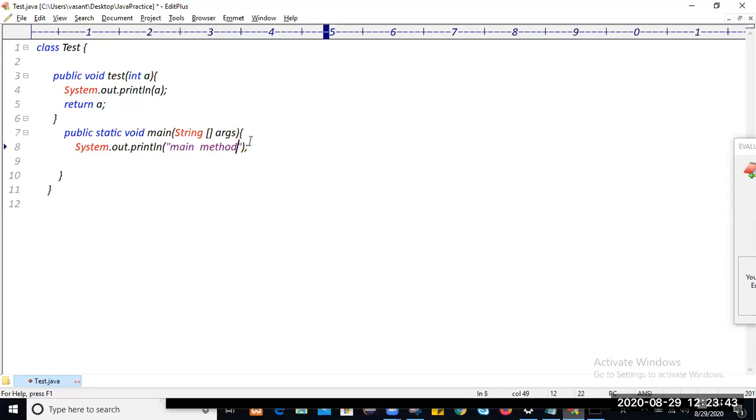Okay, this is like the main method started. I will write the main method. For this instance method, I will create an object, new Test. I will create the object and hold the memory address of this object by using a reference. Okay, when I call that method,